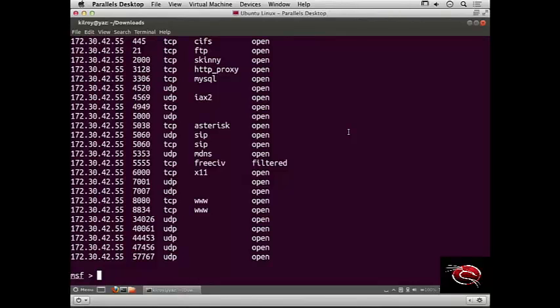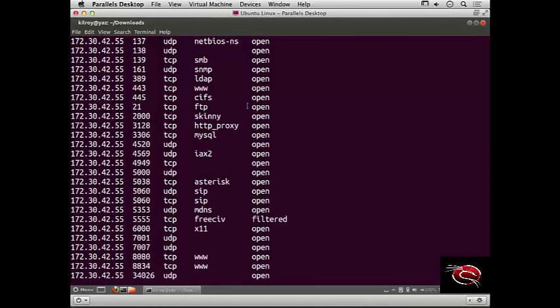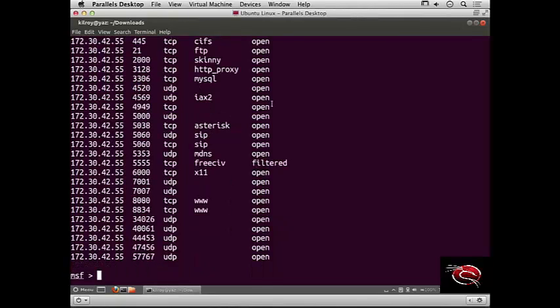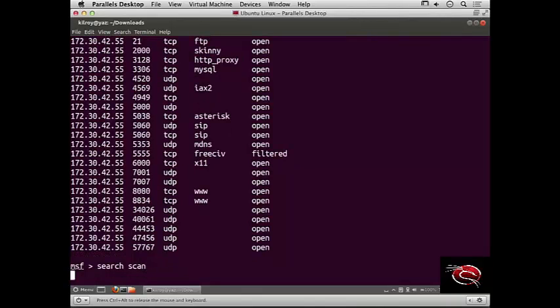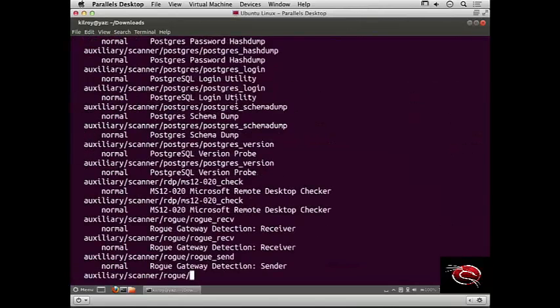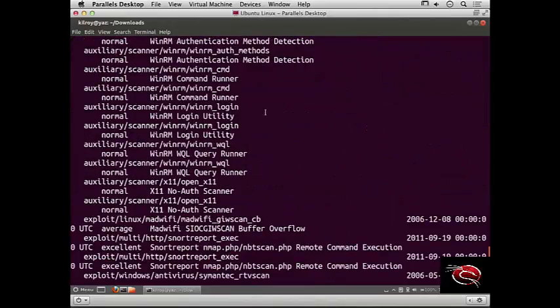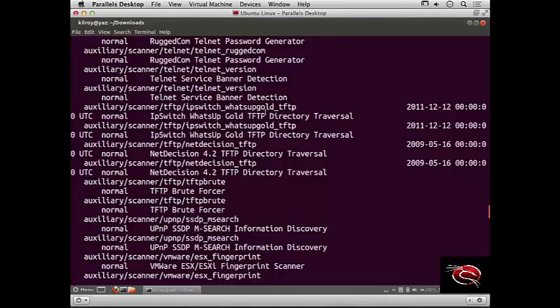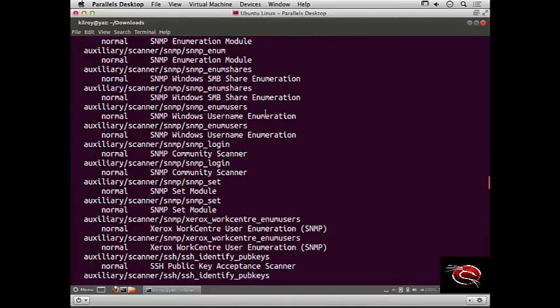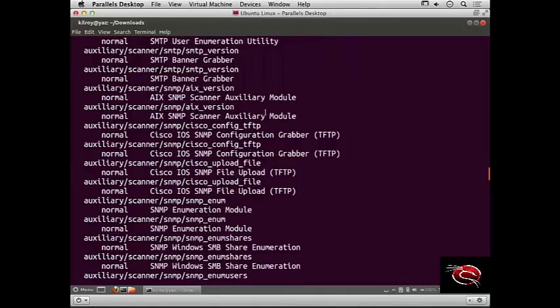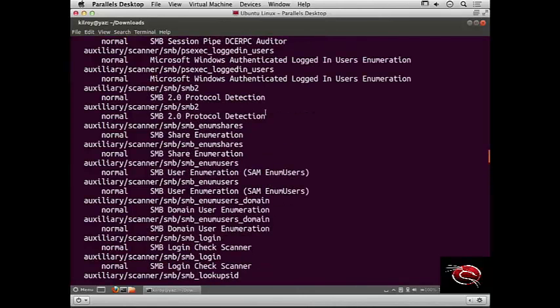So far we've actually used Nmap inside of Metasploit, and that's really good to do some port scanning. And when you've done a port scan, you'll get a list of ports that are back. What we may want to do, though, is check for services across the entire network. So there are some scanners that are built into Metasploit, and I can make use of those scanners and find the services that are on the network and maybe do some simple things with them in terms of trying to